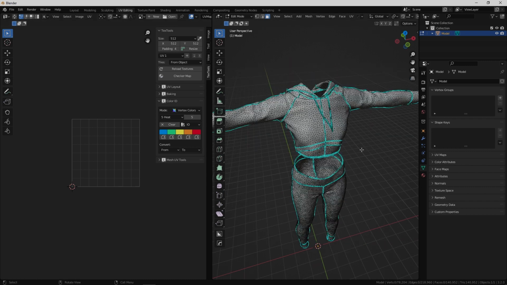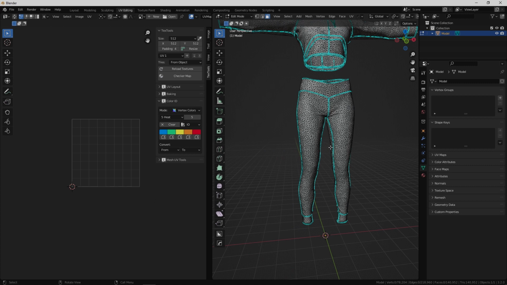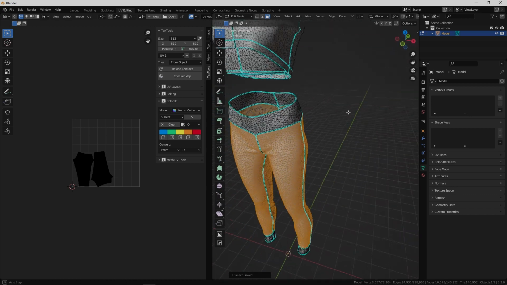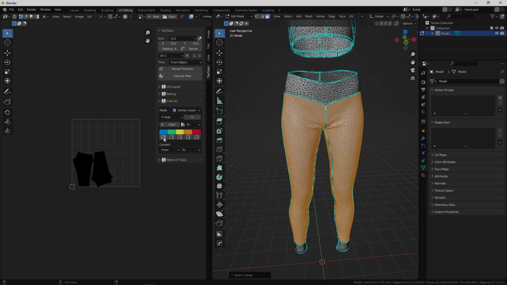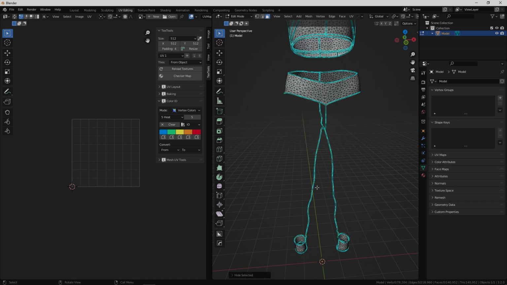I have some good hotkeys to use to make this easier. One is L, one is H. Hovering over a panel and clicking L will select a face, and then clicking H will hide the face. So I go select L, assign a color, and then H to hide what I assigned already. And then I go through the whole motion. I'll select the faces, assign color, and then H to hide them. And I can see my work getting done as I'm going through it.